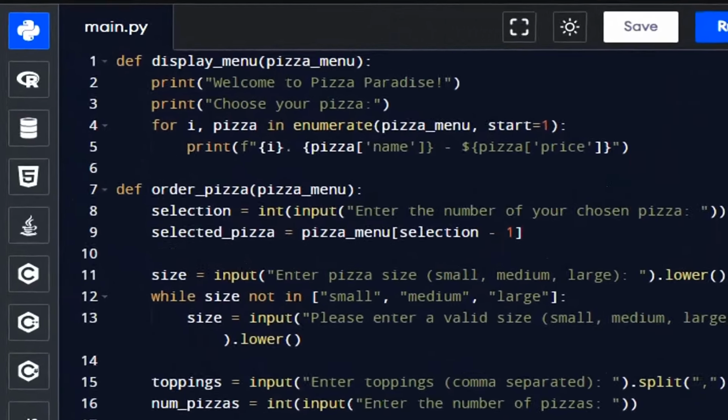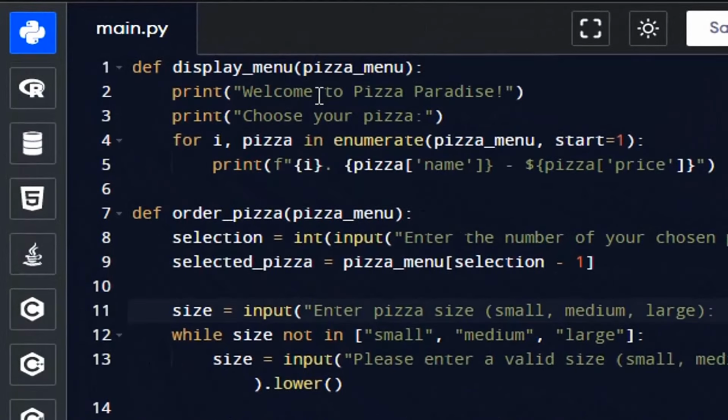Display menu function. This function takes the pizza menu as input and displays the available pizza options to the user. It iterates through the pizza menu list and prints out each pizza's name and price. Enumerate is a built-in Python function that allows you to loop over an iterable, such as a list or tuple,